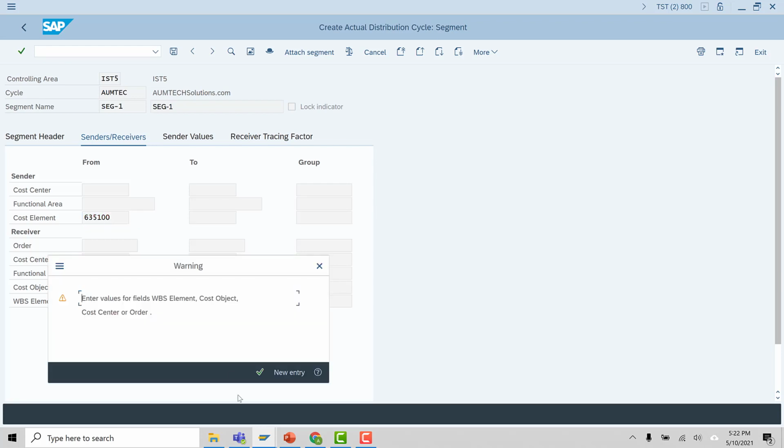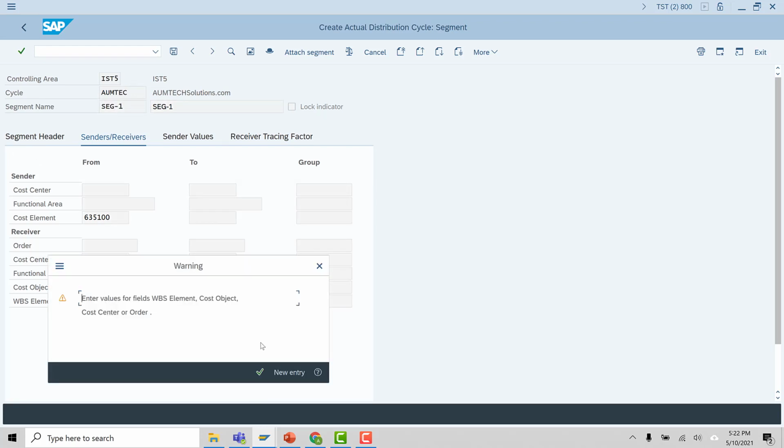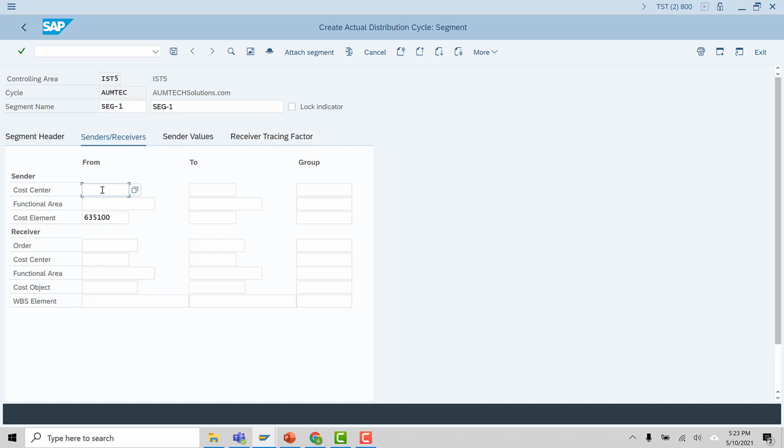But for our purpose, now I have to enter some cost centers here. 635100. The sender cost center is 3301002, and the receiver cost center is 3301005. Or let's take 06. 05 we have already considered.